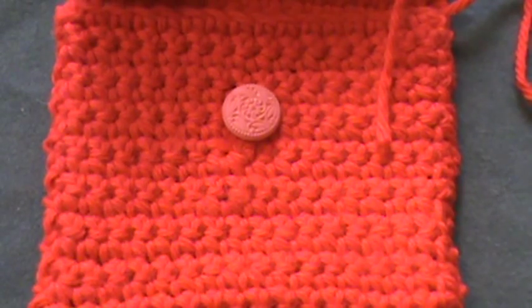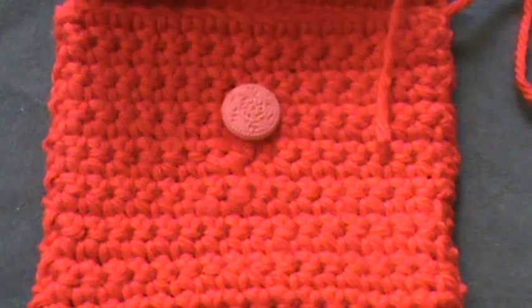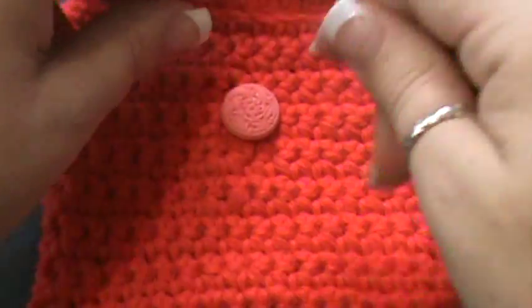So then I'm going to take maybe a 12-inch strand of yarn that I've been sewing with, and you can do this with thread yarn. You can do it with, you know, 2 or 3 weight yarn, or you can do it with the same yarn that you did, which is what I'm doing. It's totally up to you. So I'm going to thread it through there,